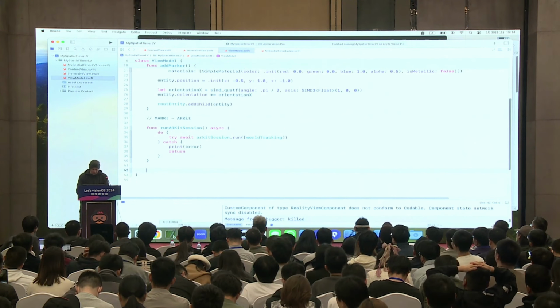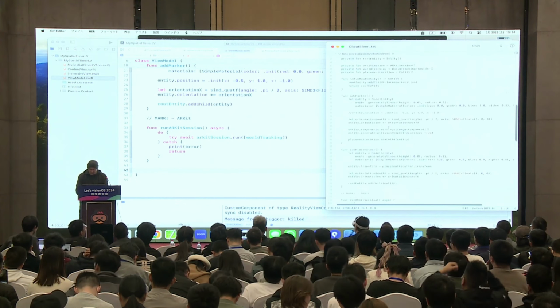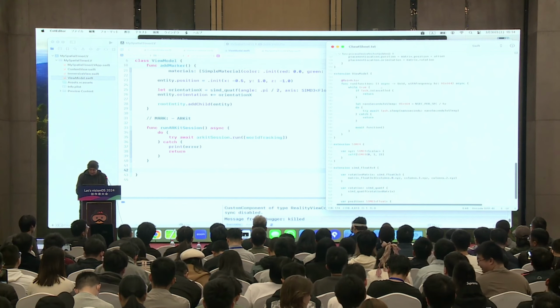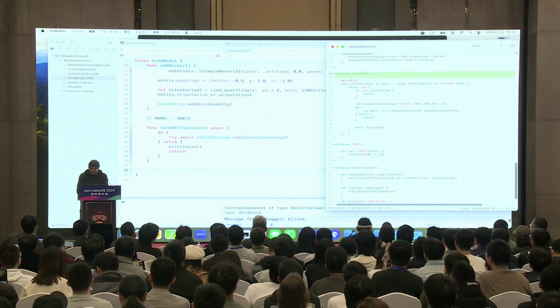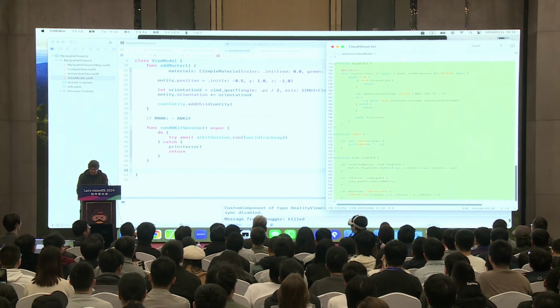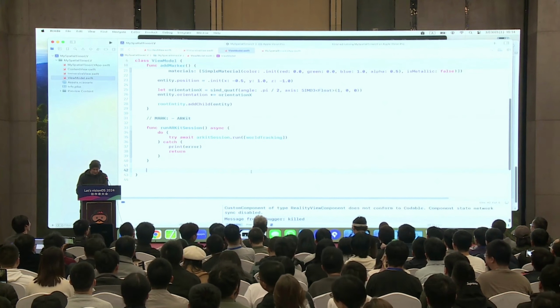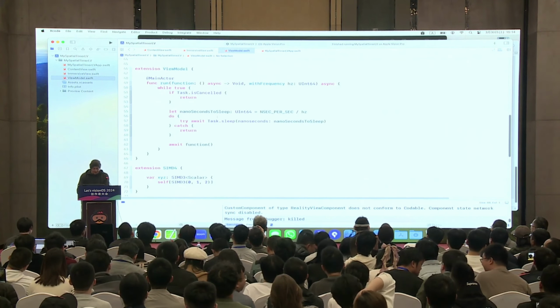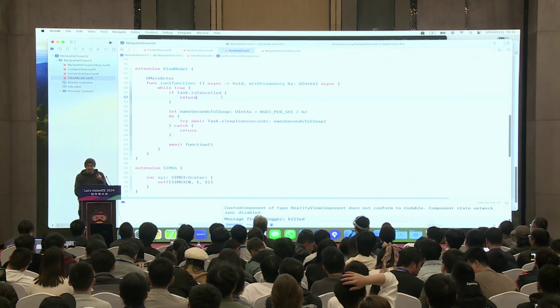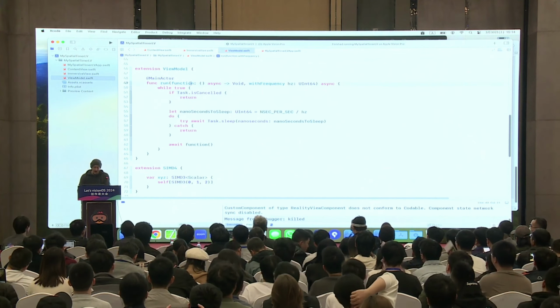So I gotta bring the cheat sheet. The cheat sheet has everything. So you remember the run function? So I paste it.